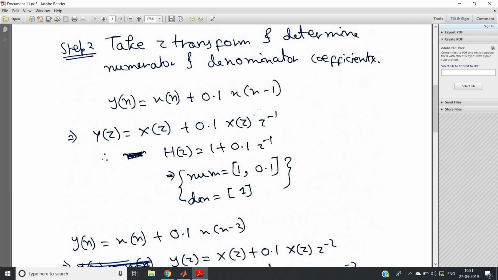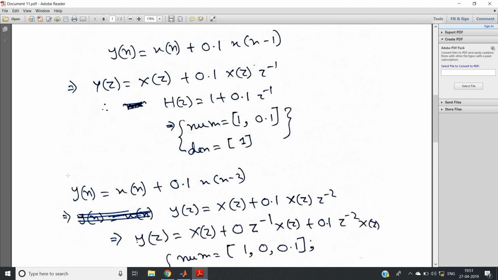Okay, instead of 1 unit delay, let us now take 2 unit delay. So y of n is equal to x of n plus 0.1 x of n minus 2. Why am I taking more delay? Because suppose you take simply one sample delay, then you cannot differentiate between the original signal and the delayed version of the signal. Those will appear as the same because our processor works in the gigahertz range, so a significant amount of delay we should provide, then only we can differentiate between our main input and delayed input, otherwise we cannot